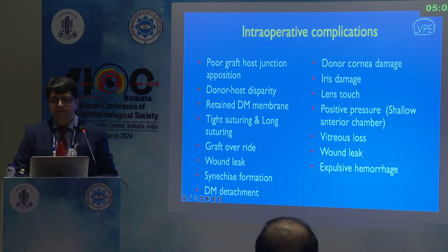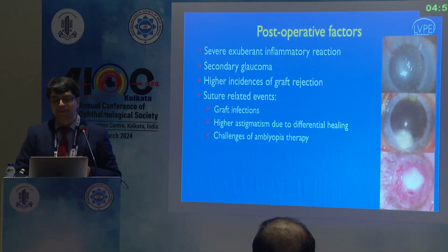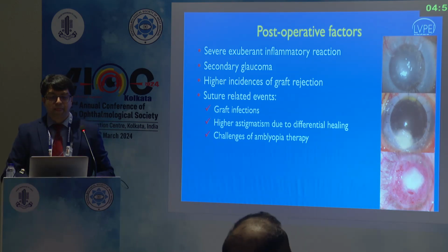And in some of these cases, I do something called a sandwich technique. If the time permits, I can discuss with you offline. The sandwich technique also minimizes the risk of lens touch and some of the potential complications. Post-operative care is equally important. And as I said, in these children, with some of the sclerocorneas, within 4 weeks, we may